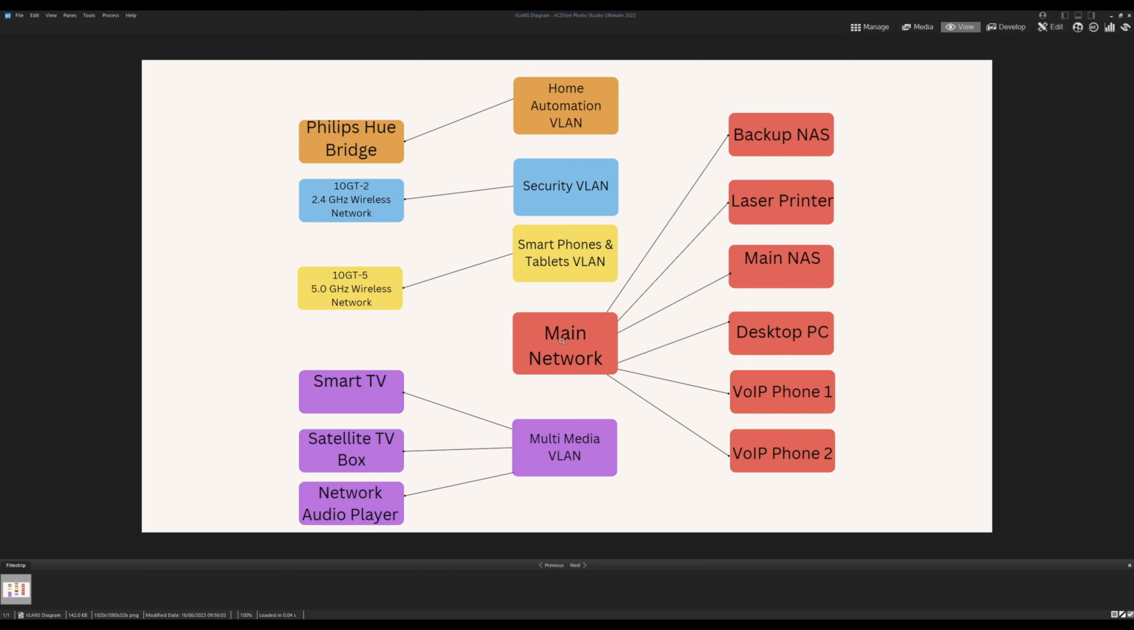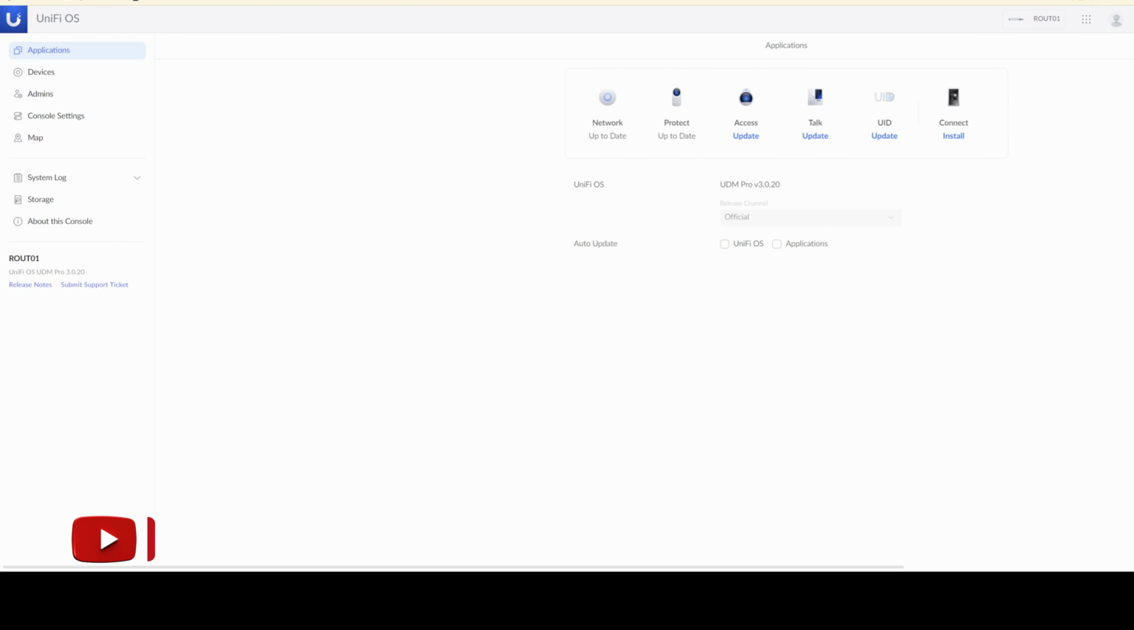We'll also be creating another rule to allow the main network devices to access the VLANs. However, the VLANs will not be able to access the main network. So it will be a one-way communication. So let's get started. So the first thing you need to do is to log in to your UniFi OS,